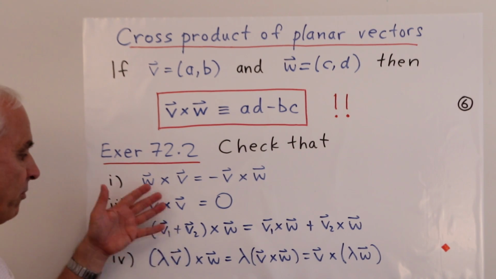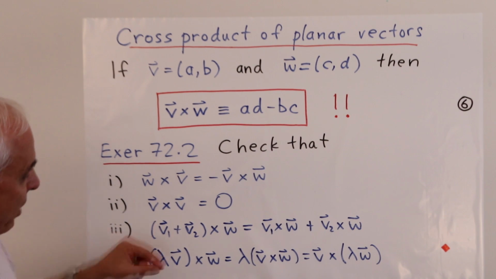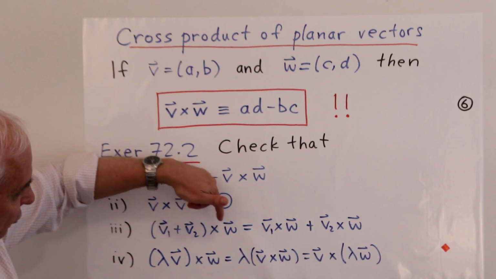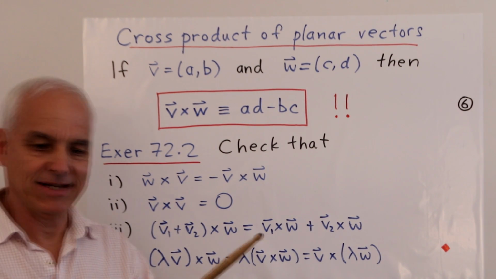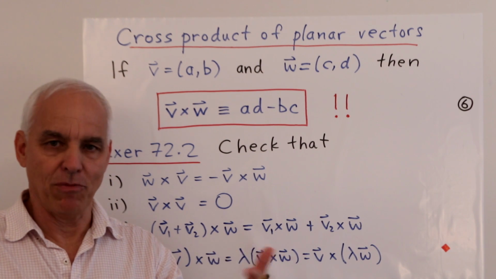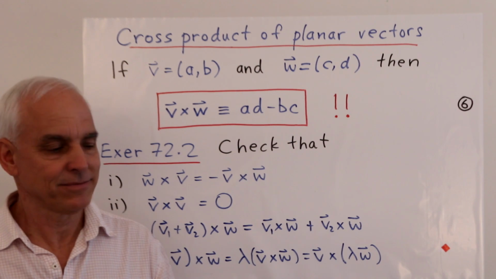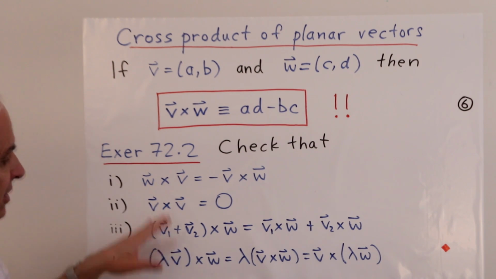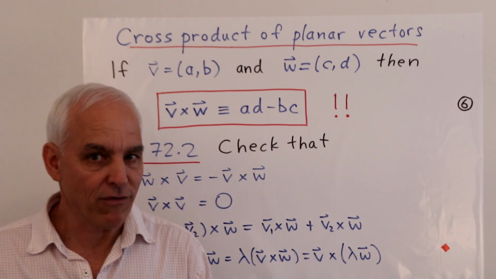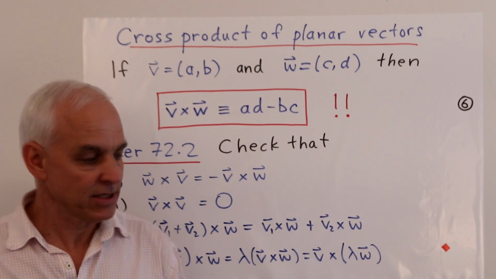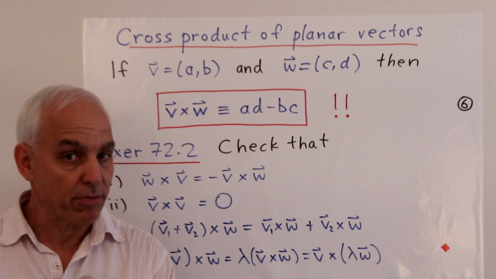So these are important properties of the cross product. You might wonder, what about the distributivity in the other direction? Well, if you combine this one with the first one, then you can see that the distributivity also applies to the second variable as well. So there's nothing special about that. Okay, so just a little exercise. Make sure that you check that this very simple but novel definition of the cross product of two vectors has these nice linear but sort of skew symmetric properties.